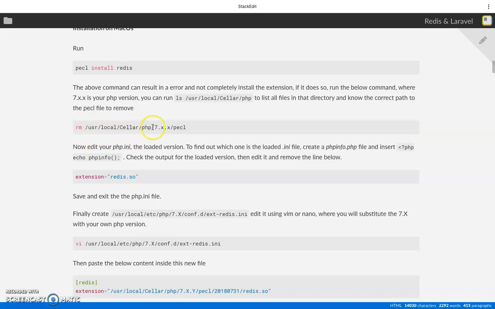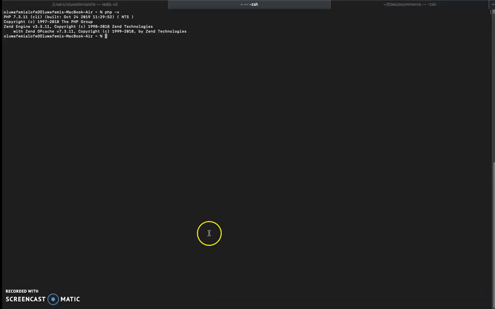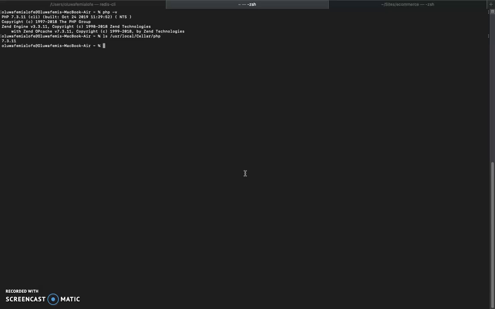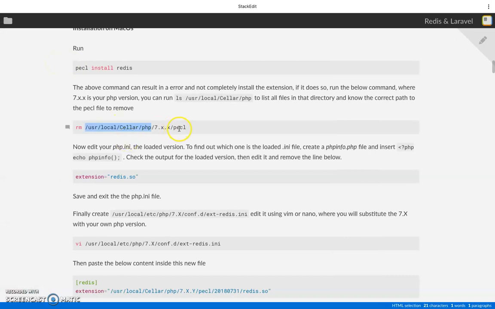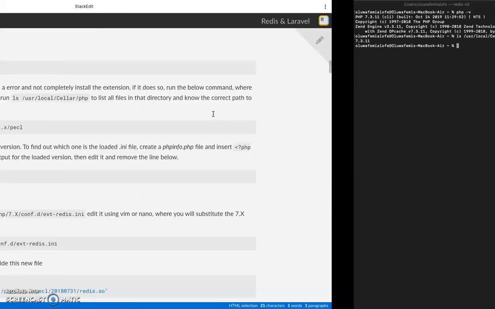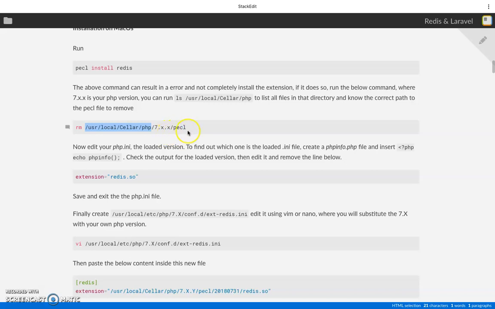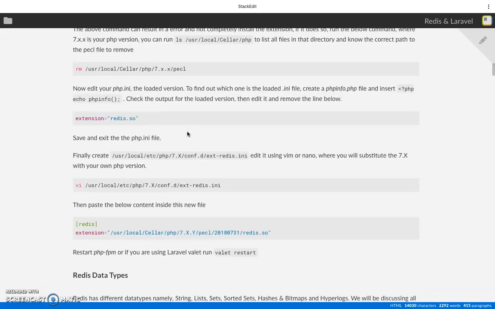If you are not sure, you can run ls on this to see. Let me do that on my machine. You see, in my own case it is 7.3.11. I already removed that before, and once you remove that,